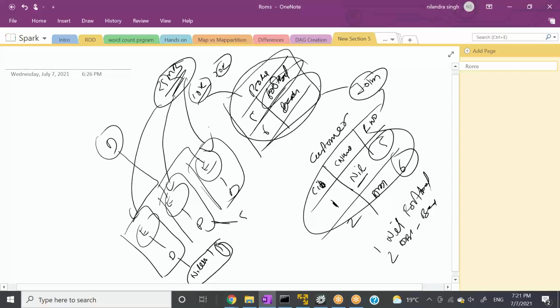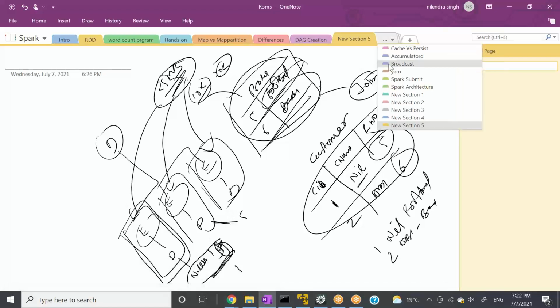So if your table is small enough to fit into memory, then just give this file to each node. Now we see that, okay, Nilendra 1 is here and he purchased the fifth record. Since I have the full product table here, when I join this, there will be no shuffling, because each record needed for the joining is present on each node. That's where the broadcast variable comes in handy. We can use a broadcast variable if we want to do some lookup. Broadcast means you broadcast it to each and every executor, before the start of the execution.